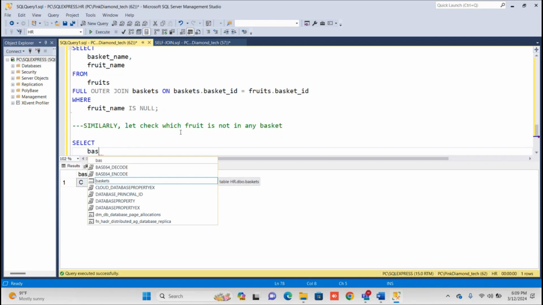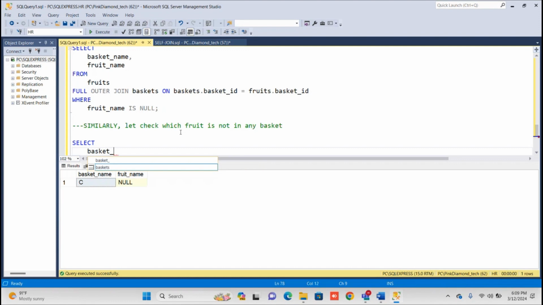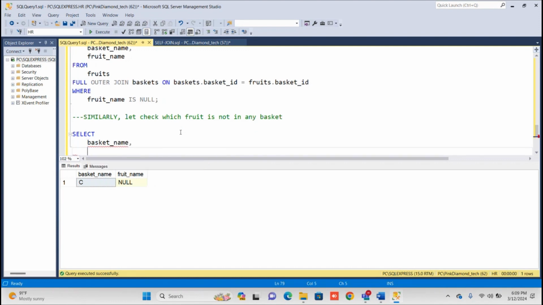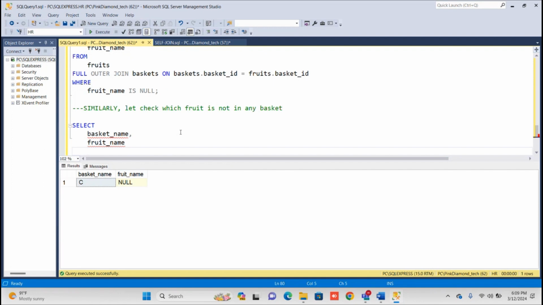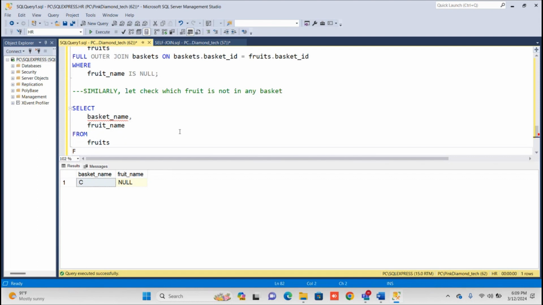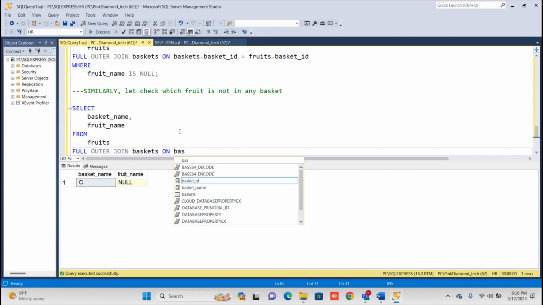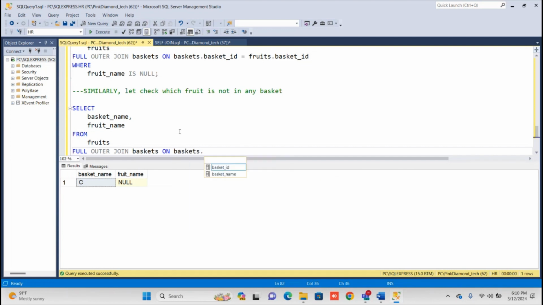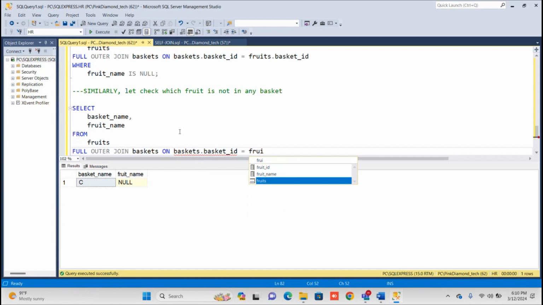The basket name, the fruit name, from fruits, full outer join baskets on baskets.basket ID equals fruits.basket ID,